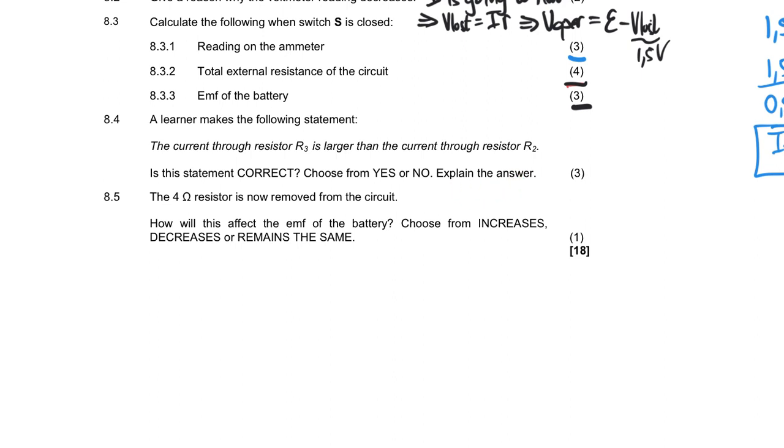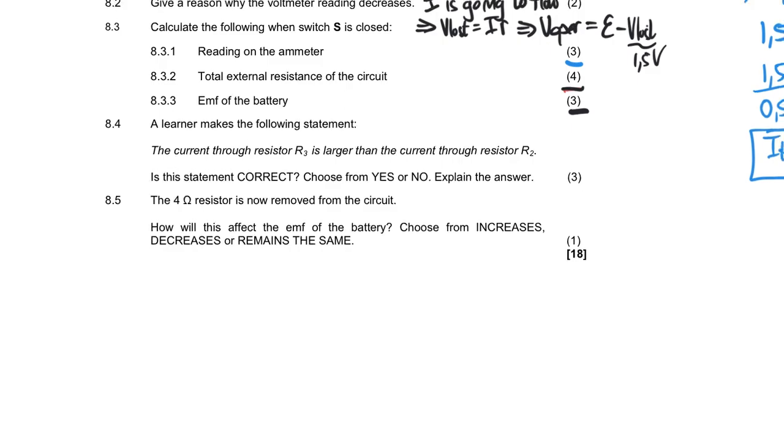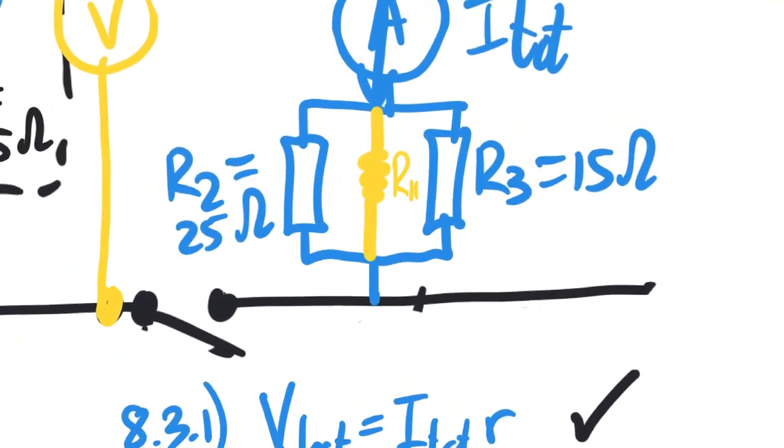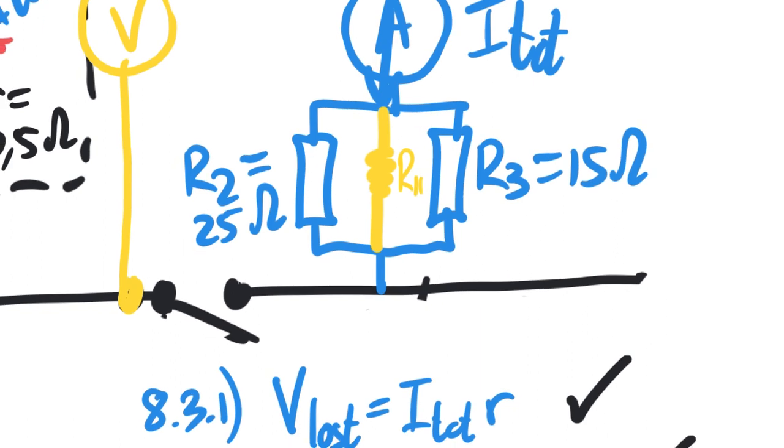So that "explain the answer" now makes it a descriptive question, which raises it from, say, a level 2, which is an insight question, to at least a level 3, where now you need to construct a description. So looking at R3 and R2, R3 and R2 are both sitting in the parallel part of the circuit. Now,